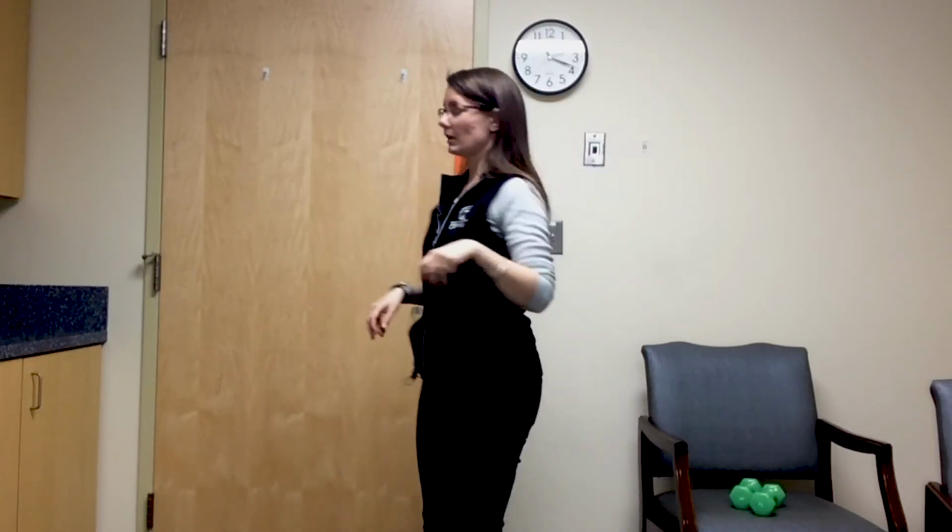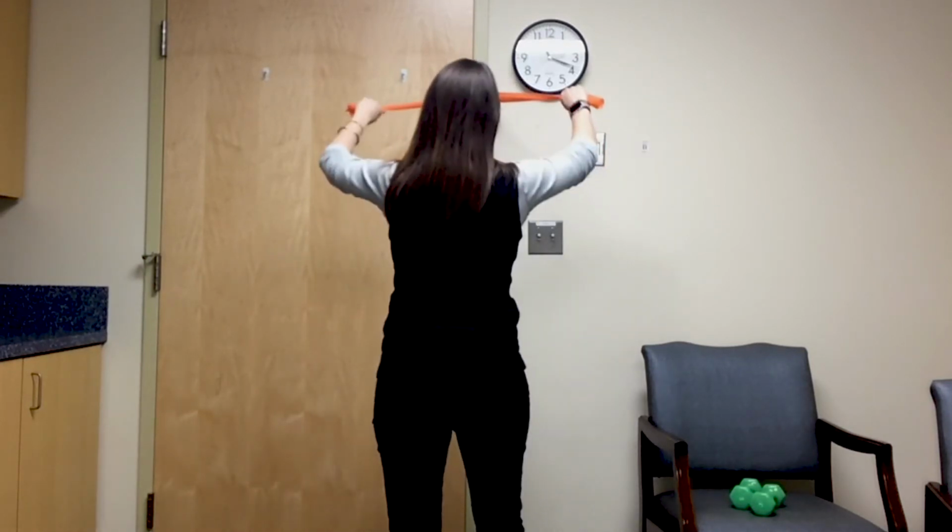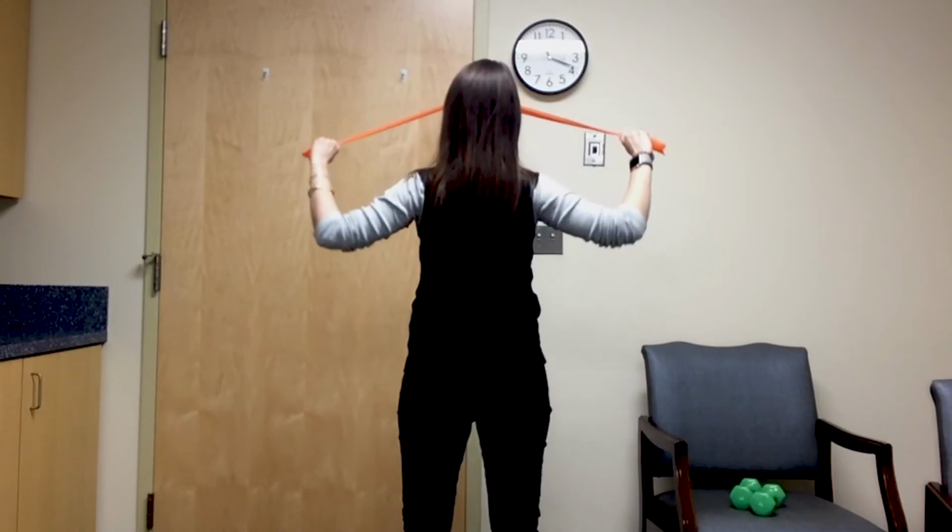Very good. Okay, so we're going to do one more standing with the band, and it's going to be a lat pull down. So I'm going to show you forward first. So it's going to look like this with the band, and you're going to pull down and up. So your shoulders are kind of coming down, squeezing, and then back up. So if you have your band, you'll bring your arms out like that, and you're going to pull down